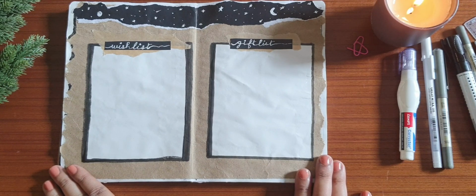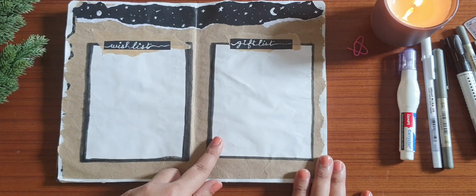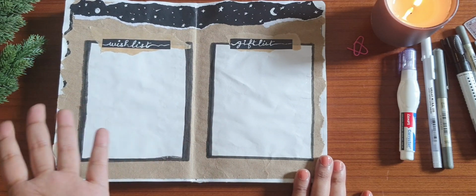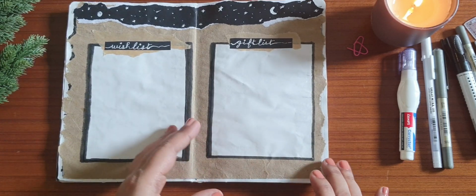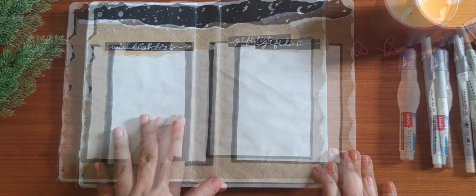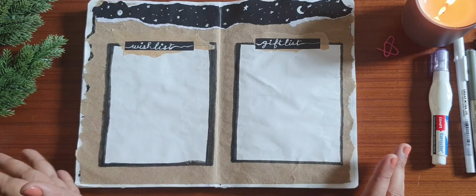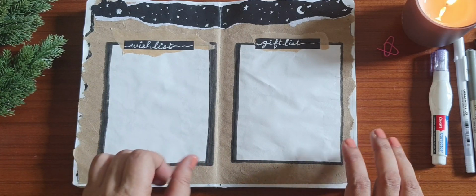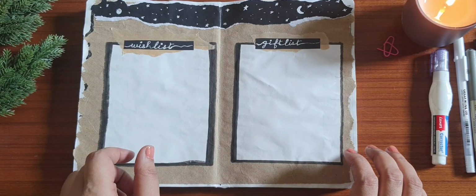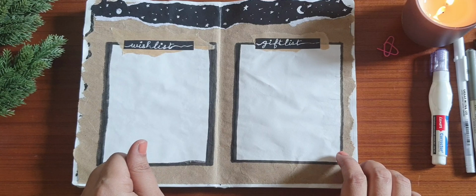Now this particular page, I have to give her the credit, is inspired by Amanda Rachley, and this is the wish list and the gift list. And this year I'm trying to track my wish list and stop my just random purchases that I keep doing from Amazon. Putting the gift list in one place will really help me out. So in this way I can really structure my purchasing habits, and whenever I'm shopping I can refer to these